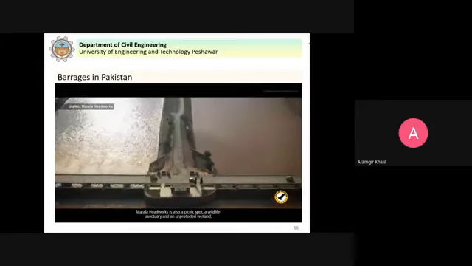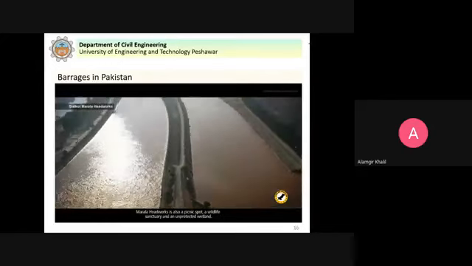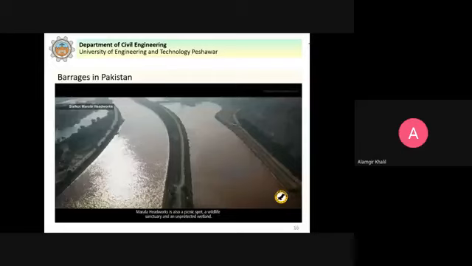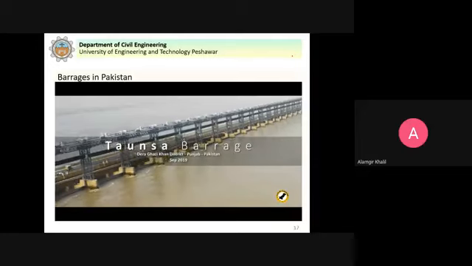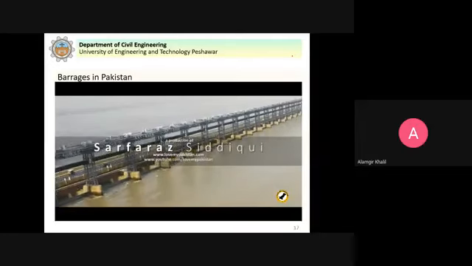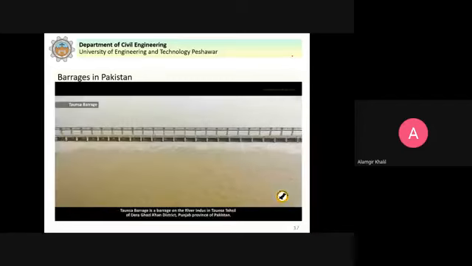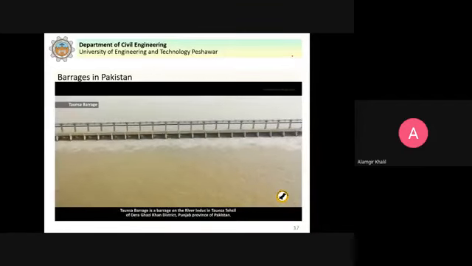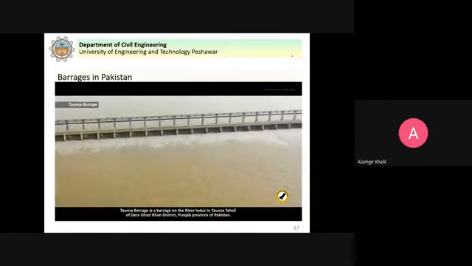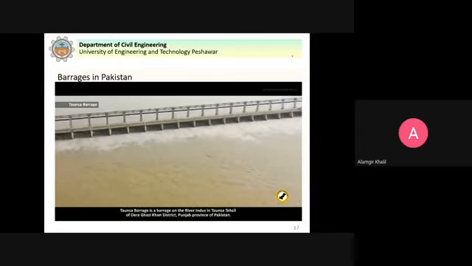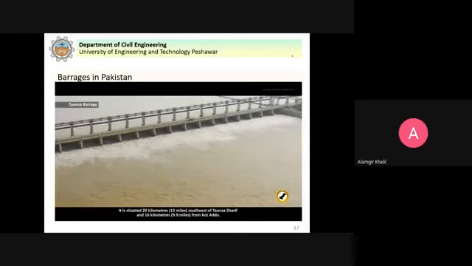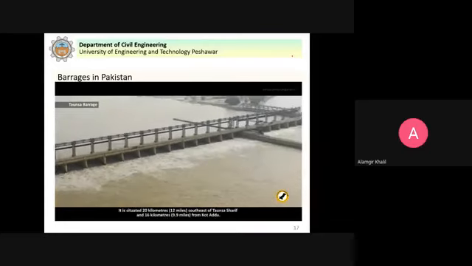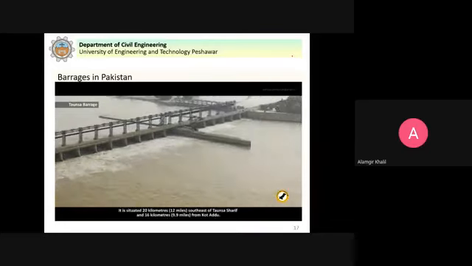You can see the road on top of it that is constructed. This is Tonsa barrage. You can see the road on top.